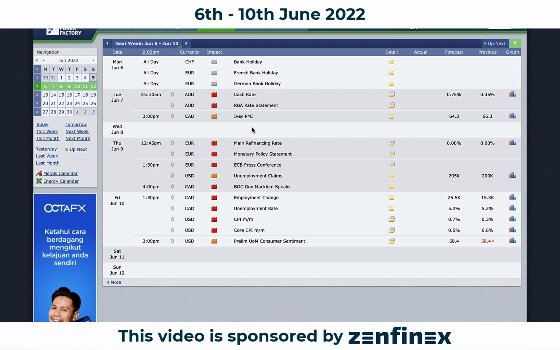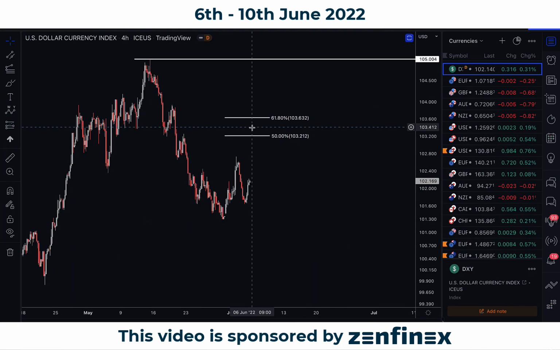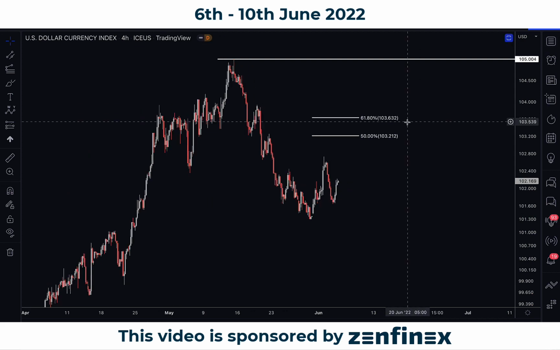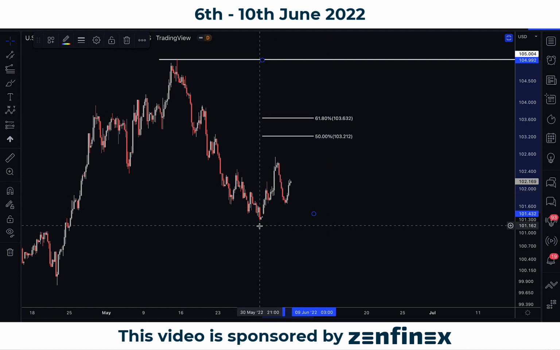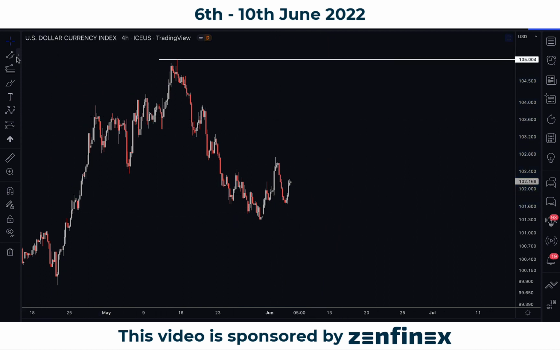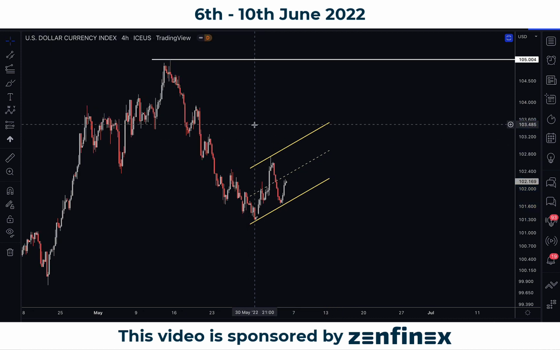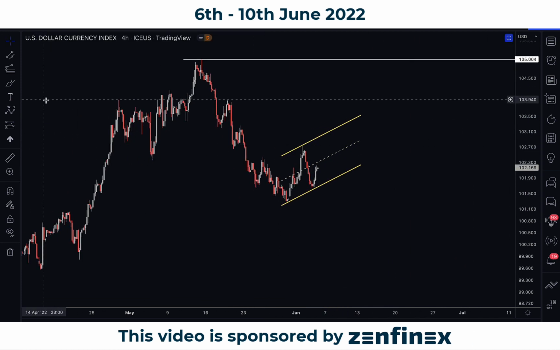Okay, so with that, let's jump into the charts over here and share with you some technical analysis and of course trade ideas and opportunities for the week. So let's start off with the dollar index over here. Okay, so last week we kind of anticipated that we might see some strength in the dollar, and we did see the dollar strength coming in on Friday, right? Post NFP, and moving into this week here we are continuing to hold on to a bullish bias.